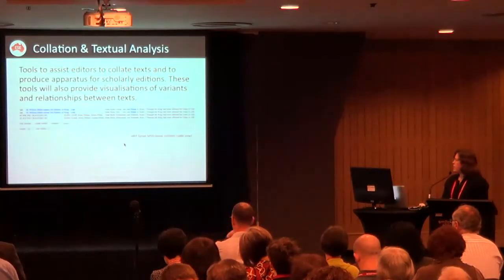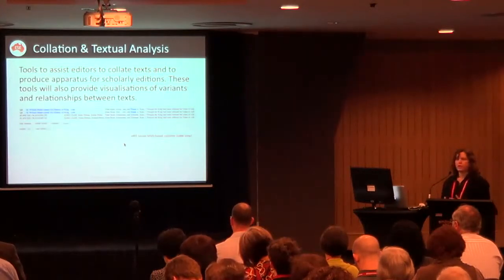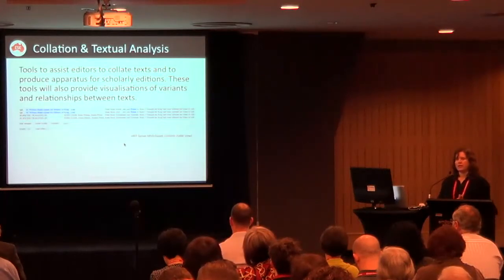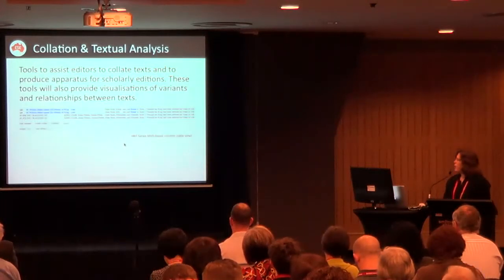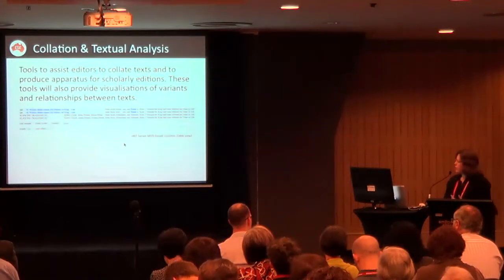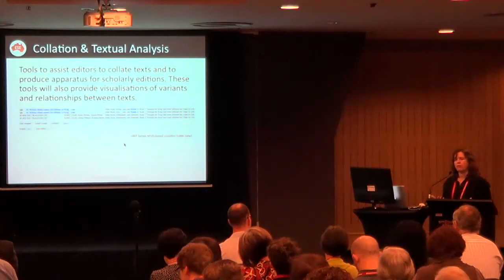Collation and textual analysis tools. The process of collation involves producing the critical apparatus that is used in a scholarly edition. So a detailed study of every version of a particular work and a comparison down to the level of punctuation characters, for example. In a traditional edition, this was used to produce a scholarly apparatus, but we're actually using it to build up a graph of textual variation